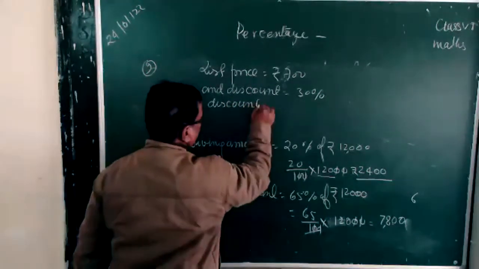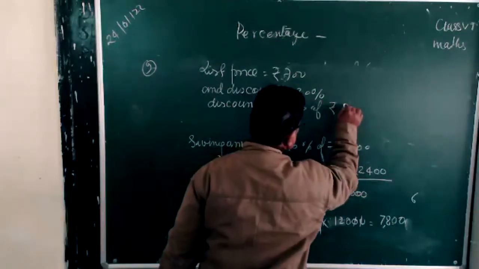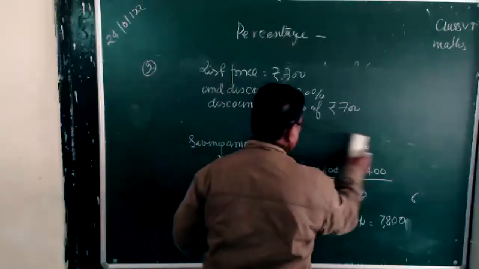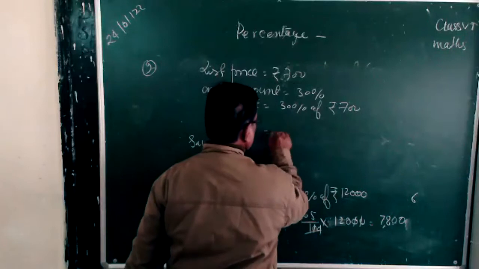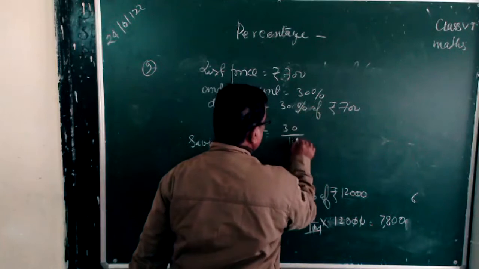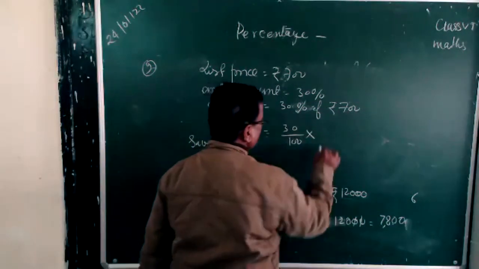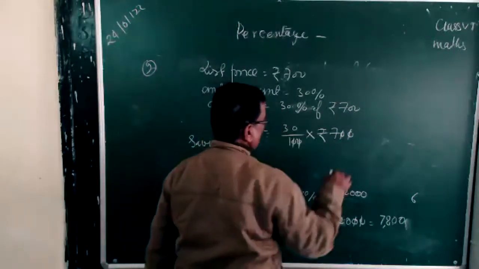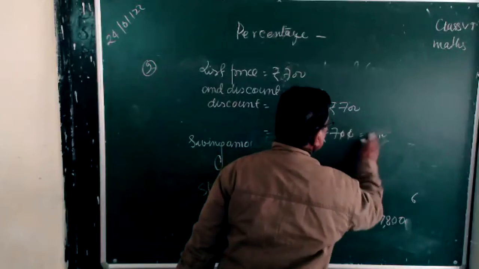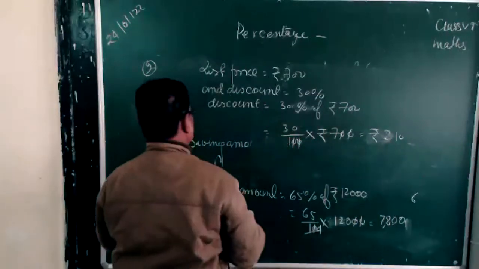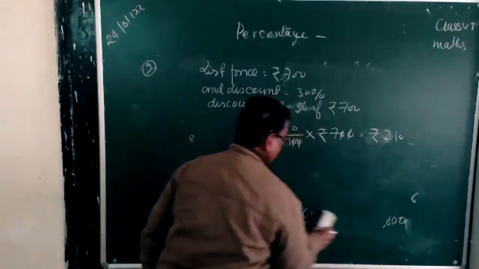Discount is equal to 30% of rupees 700, that is 30 by 100 of, in place of the multiplication sign, rupees 700, 70, 20 cancel out, 210 rupees is the discount. Discount is 210 rupees. So the selling price you can say,